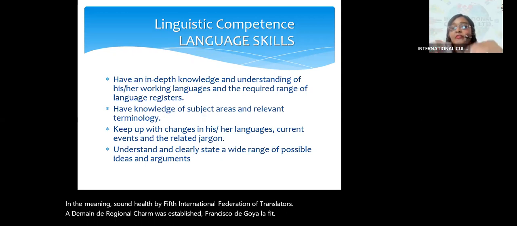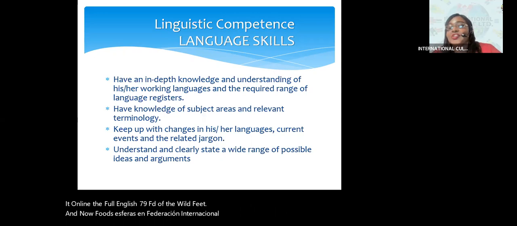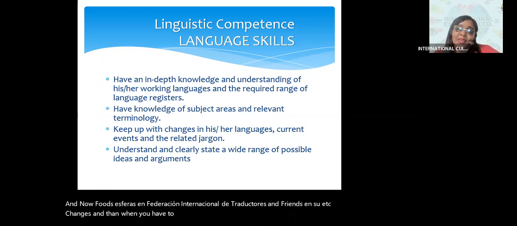It's only in the full English setting that you will hear IFT, IFT. Other than that, they will say FIT, and it's not your foot. It's FIT as in Federación Internacional de Traductores, and in French, the acronyms are the same. So it's very important to keep up with the changes and understand when you have to interpret or translate in